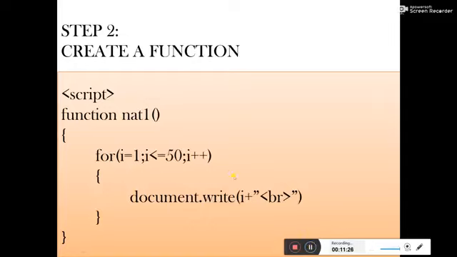See students, here we are going to do the practical example. For this we will take a for loop to repeat these statements the required number of times. Here the loop starts with i equal to 1. That means the first value which I want to display is 1.